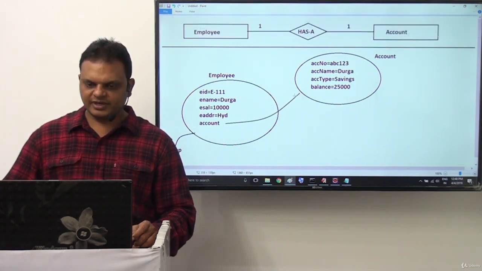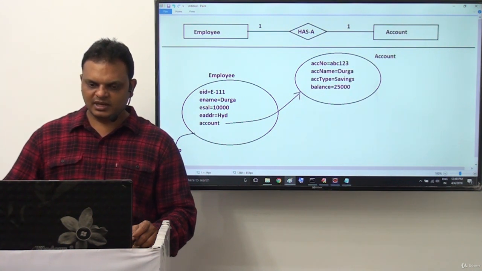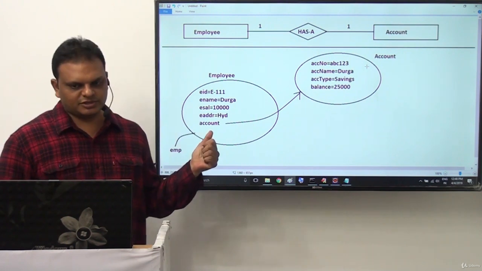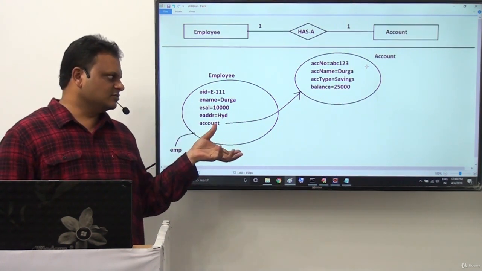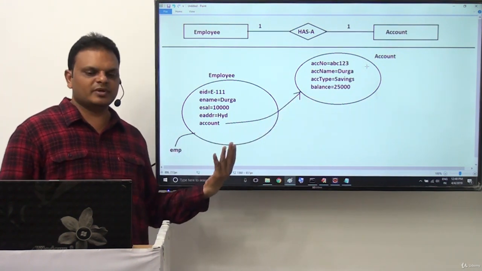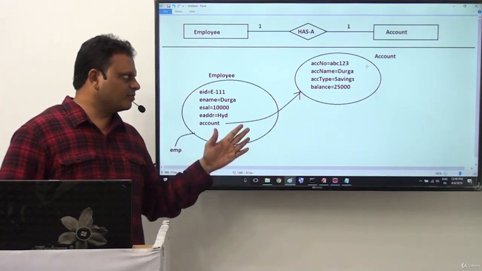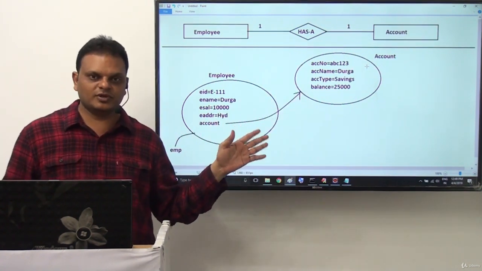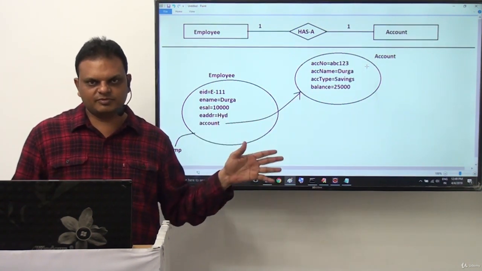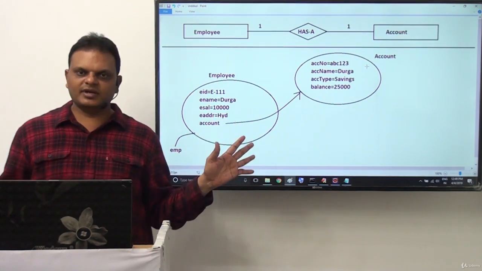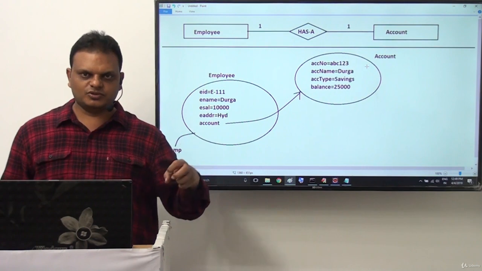In that way, this total internal memory representation is available for the account object as well as the employee object. Here we get an employee object which includes the account object. The account object is injected into the employee object. So for every employee object there should be one account object. This relationship is called a one-to-one relationship, a one-to-one association. This is the total orientation about one-to-one association.